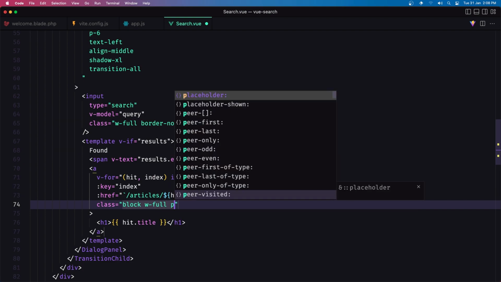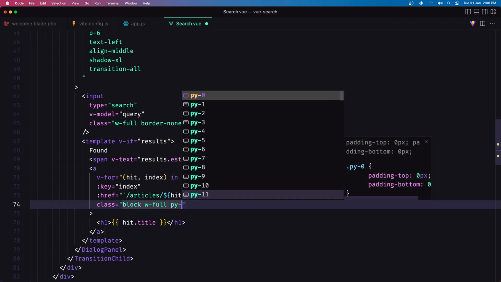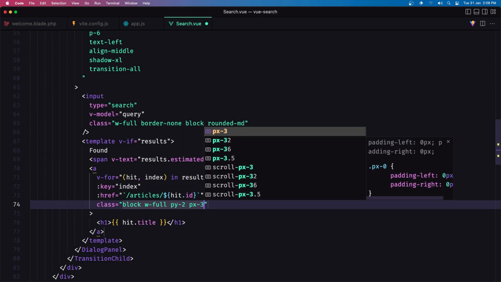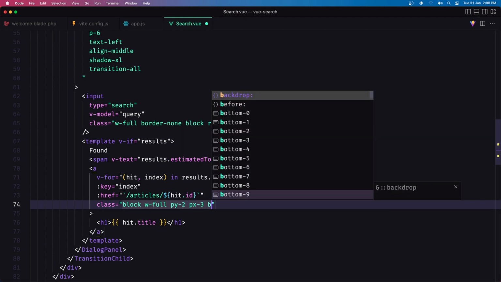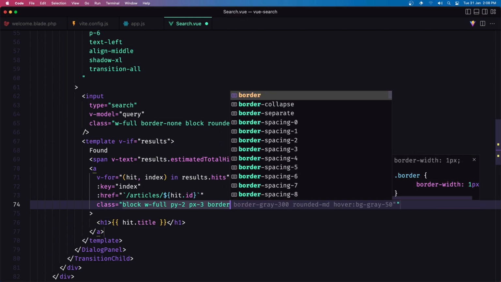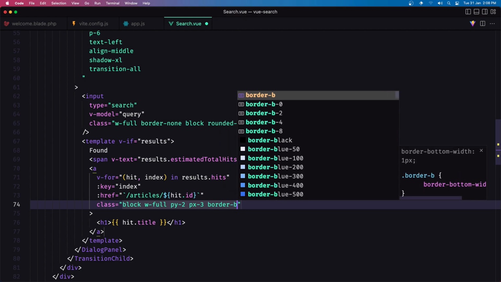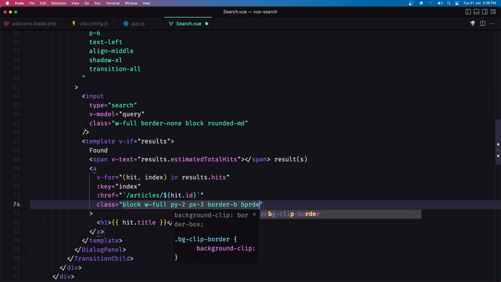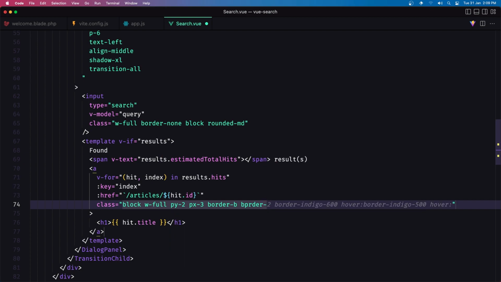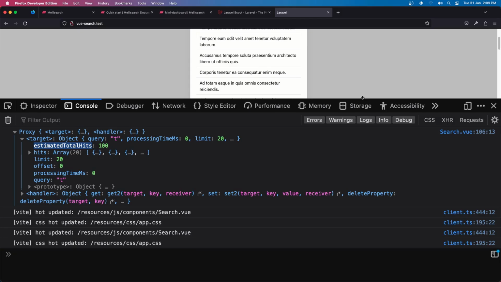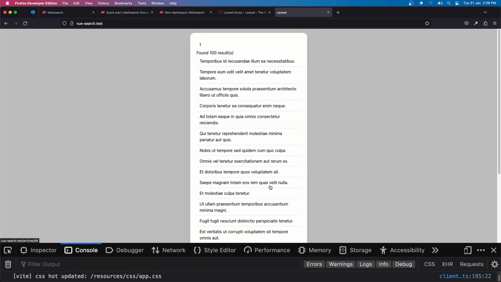Also, let's say py to be 2 and px to be 3. Also, I'm going to add the border on the bottom, so border-bottom, and the border is going to have the slate 200 color. Now, if I save and come here, yeah, you can see we have something like this, but we have a long